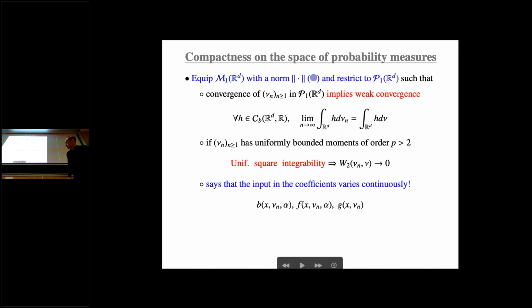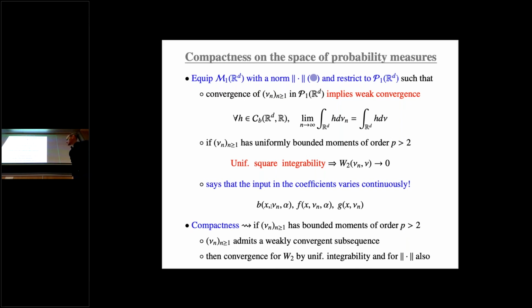Another remark is that I need some continuity in Schauder's theorem. I told you that when I take an input, I want to map it continuously to the output. Here, it comes from the fact that my coefficients B, F, G, so the drift, the cost, and so on, are going to be continuous with respect to the state of the population. So you need continuity, and most of the time when you look at existing results for mean field games, you have continuity, and continuity is very useful in the application of this kind of Schauder argument. I'm not going to make the whole proof. This is just to give you some intuition about the way it works.